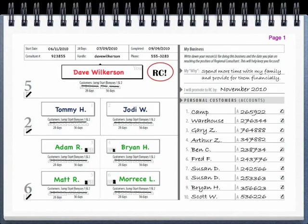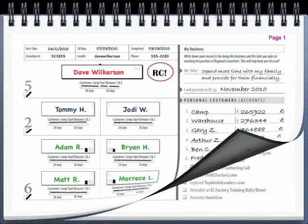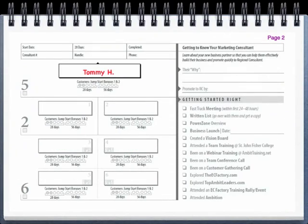But all these people now on this front page, in page 1, those people are going to be tracked throughout this entire booklet. Not all of the new people they bring in will be tracked, but these 6 will be tracked right up until they become RCs themselves. So in this case, we're going to bring up Tommy H. And Tommy started at 6/24, his consultant ID, 28 days for his countdown clock, and his handle,